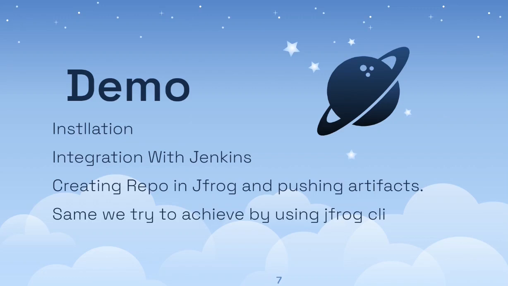For installation I mostly use the Ubuntu system, so we will install it on Ubuntu, and we will also see the installation and integration with Jenkins, and how we will authenticate with the Jenkins tool when we run any CI pipeline or CI process, how we will authenticate with the